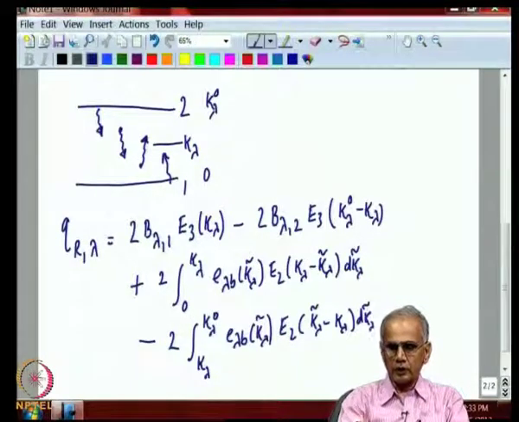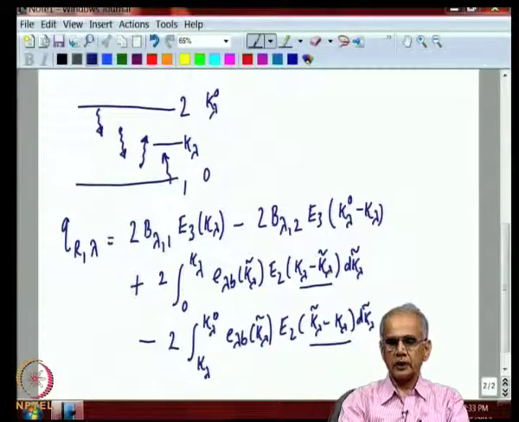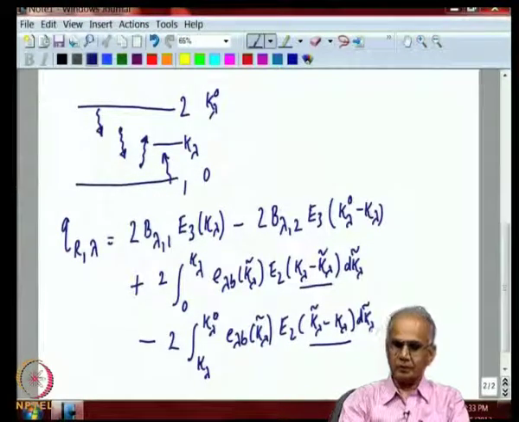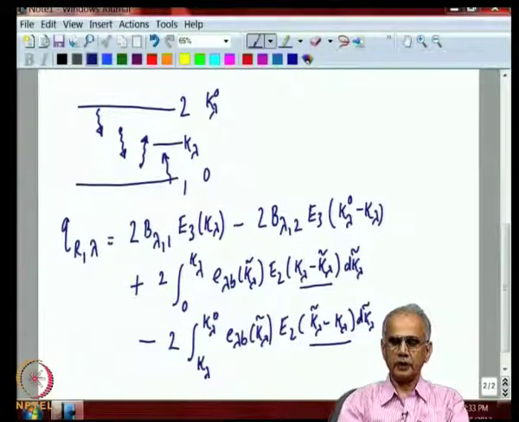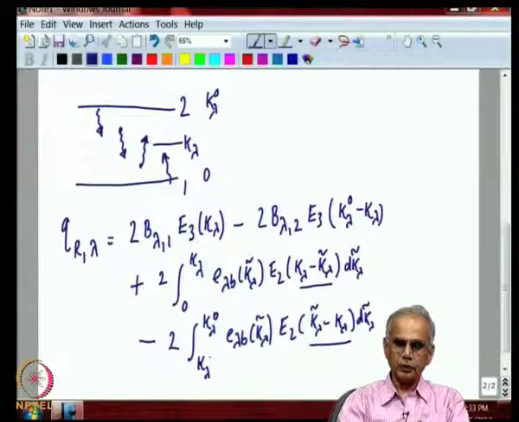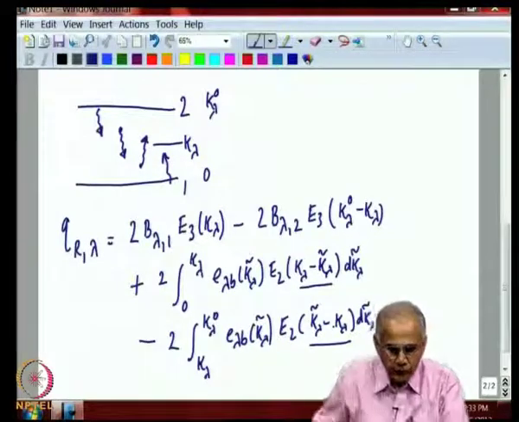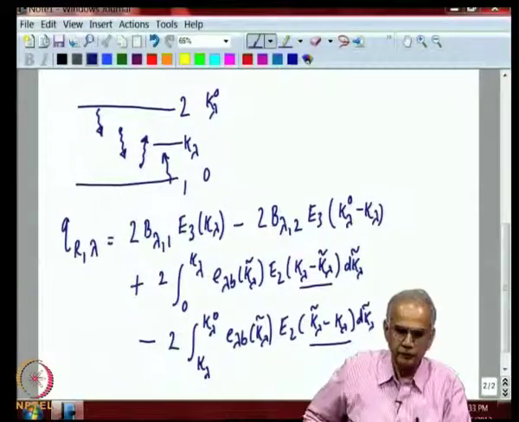Now, you should look at the argument here. You can see that we have written this such that it is always positive. This is by convention that the argument here has to be always positive. So, in the region between 0 and kappa lambda, kappa lambda tilde has to be less than kappa lambda. So, you write it this way. In the second term, kappa lambda tilde varies between kappa lambda 0, therefore, it has been reversed, kappa lambda remains kappa lambda. Okay. So, this is an expression which we are going to use a lot.